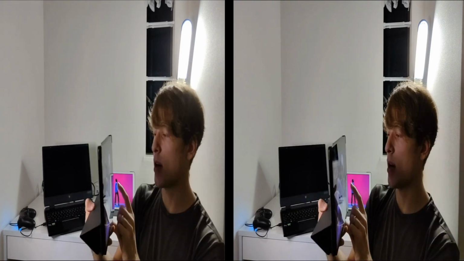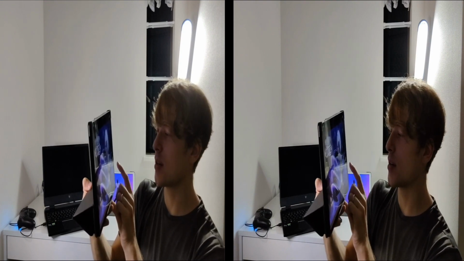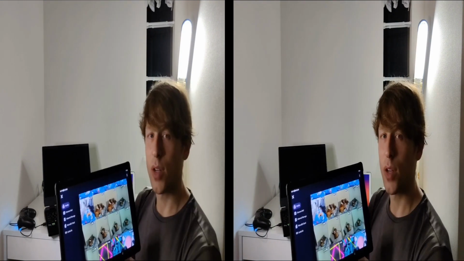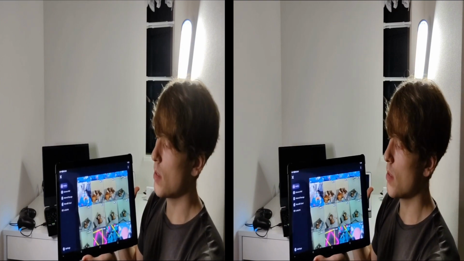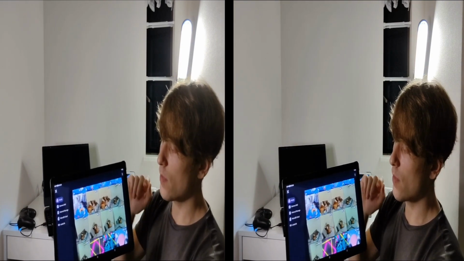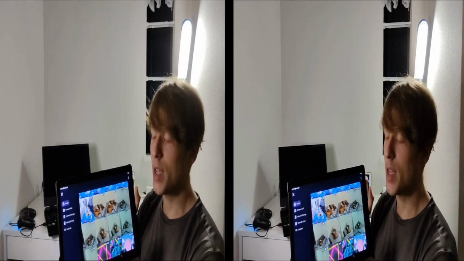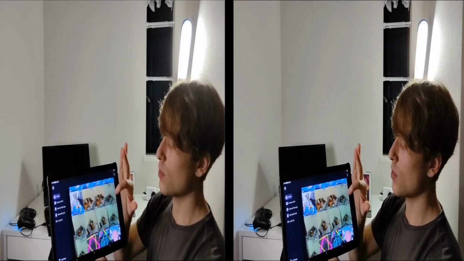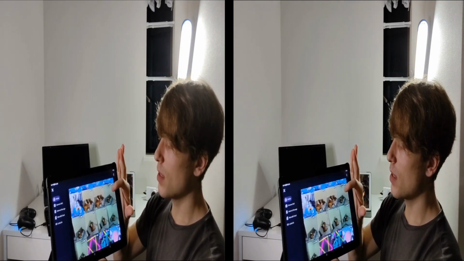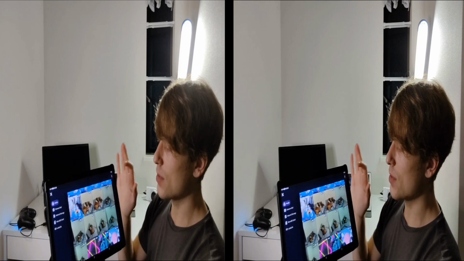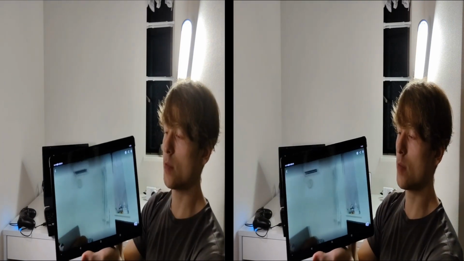Crazy quality 3D. Now the level of pop out is here rather than really close to the screen. But another feature that's been added that I think is equally as exciting is the fact that we now have finally VR 180 photo support. Not just 180 VR videos, but 180 VR photos are now fully functional with this tablet.